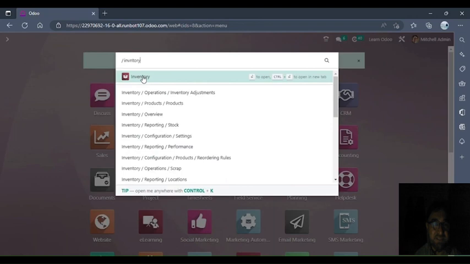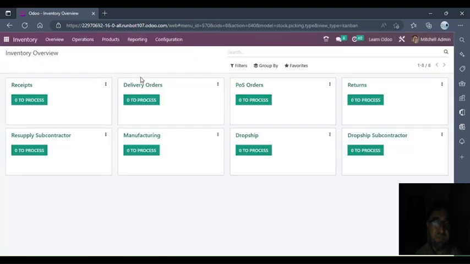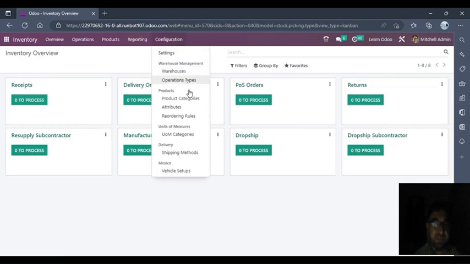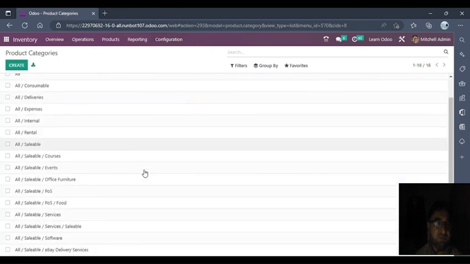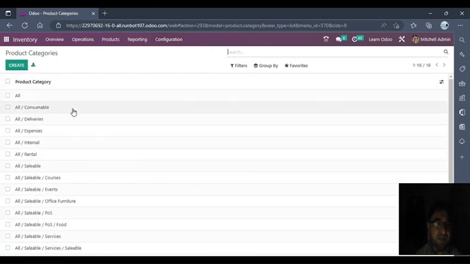To demonstrate this in action in Odoo ERP, let's get to the inventory module. In the configuration tab, we can see here under the product, here is a product category. Click on this product category, it will open in a window. We can see that there are already made product categories, we can use them, or we can modify them according to our need, but